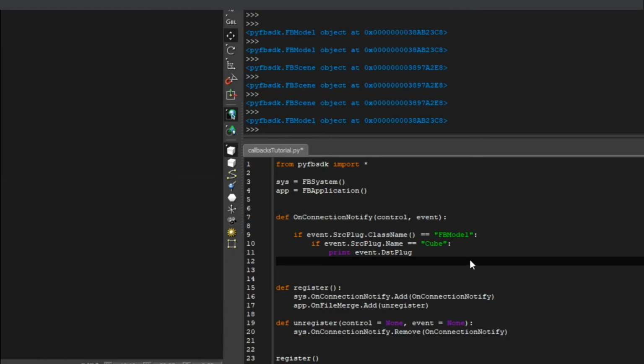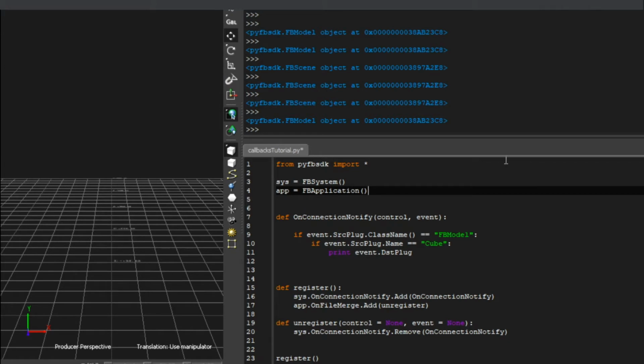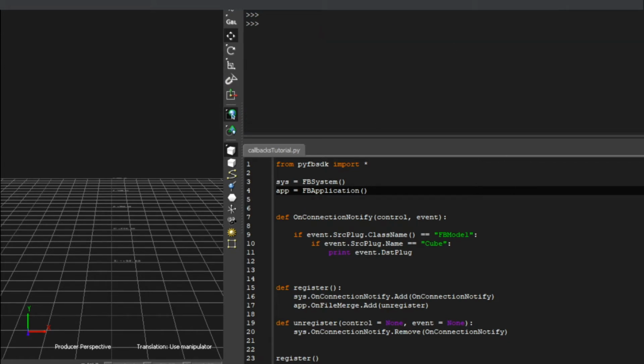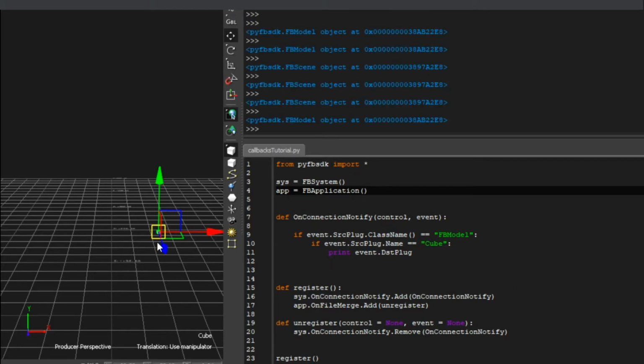Let's just go file new. Sweet. We can run this now. We'll get rid of everything in the console. We'll run the cube. Okay, cool. So we know that everything that's coming through here is referring to cube in some sense, right? But then what we can do is we can say, okay, cool. Specifically,